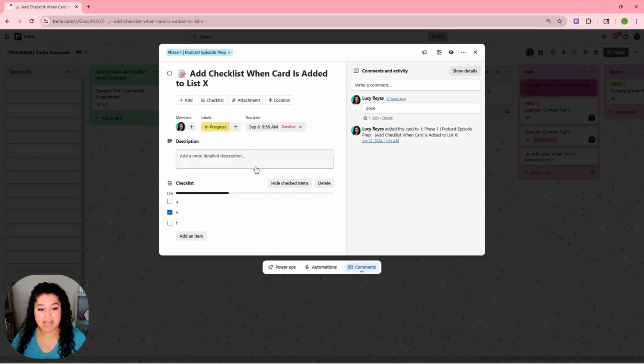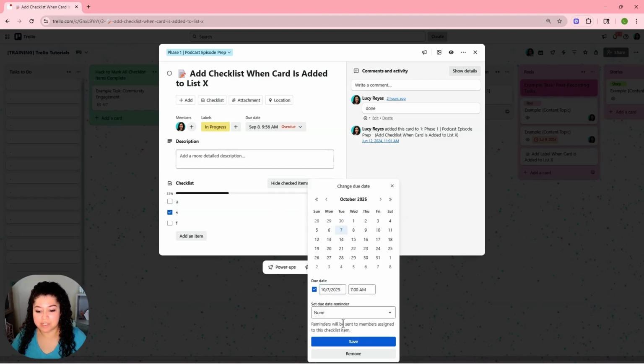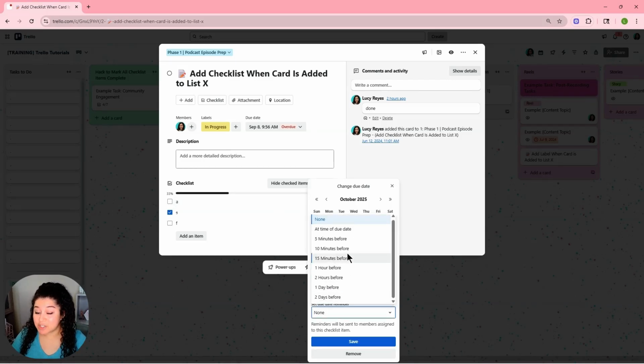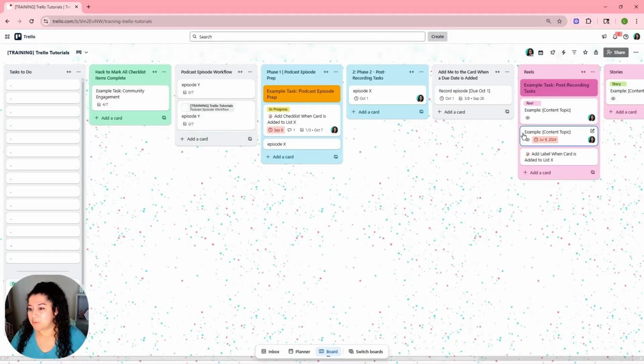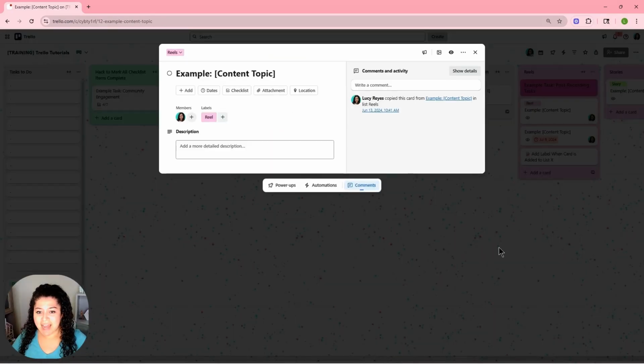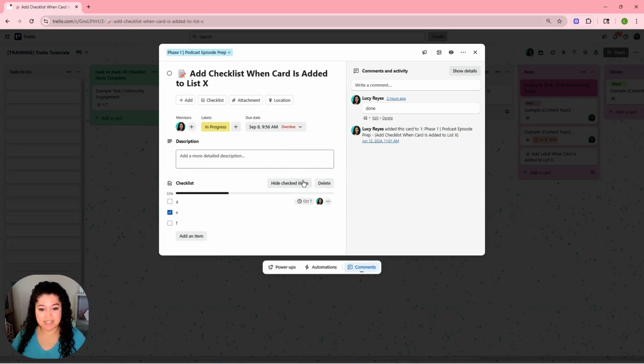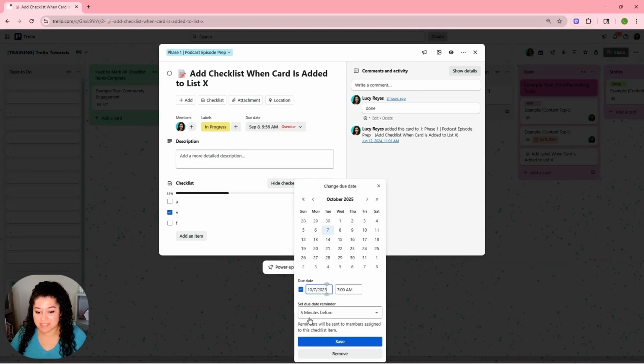Same thing if I wanted to assign myself to this checklist item. Again, we're just going to make sure that we set a due date reminder. Let's do 5 minutes before, and boom, I'm going to walk away. I'm going to start working on this other task. Let's go back and make sure it got set. There I am. So now when it's time, on October 7th at 6:55 a.m., 5 minutes